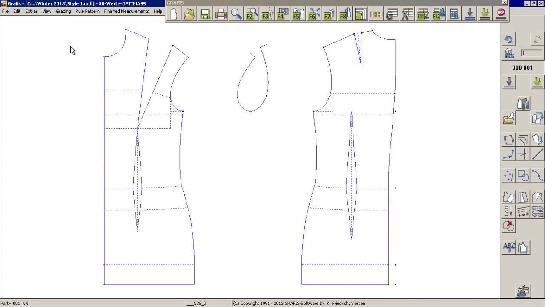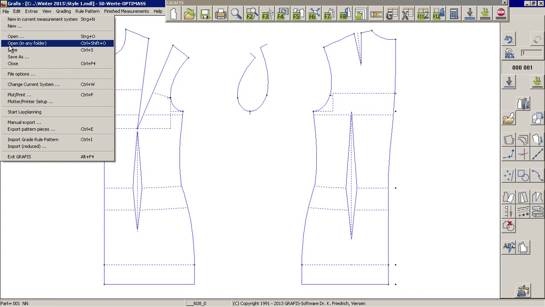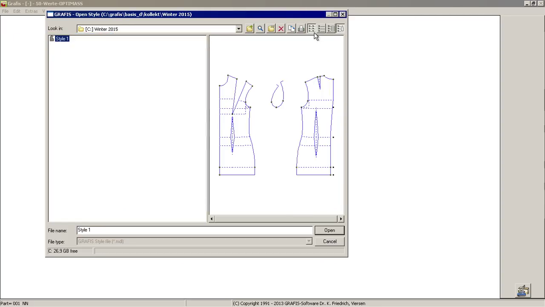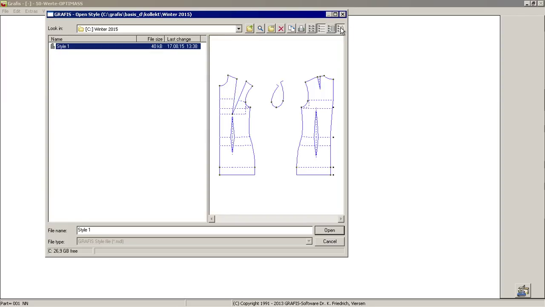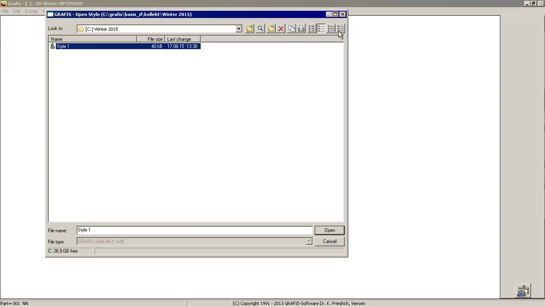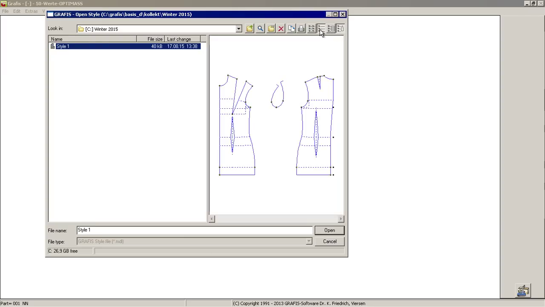I can click that. In the Open and Save dialogues, by the way, we've got different display options, how we want files to be displayed. So you can just experiment with these to see which one suits you best. I like this one and this one activated, because here I've got more information than if I have this setting. I can see the file size and the last change, the date of the last change, which is quite important. And on the right side, I like having a picture of what's inside the document,